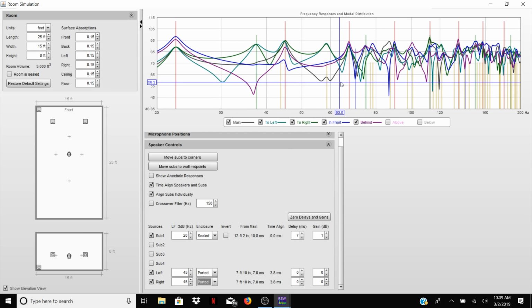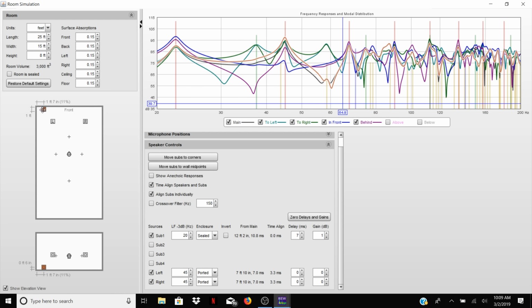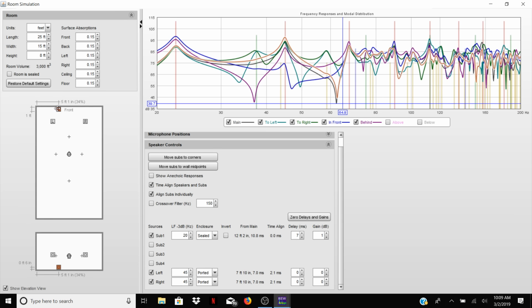in the room. There are differences in how they interact with each other and the room, and it can complicate things a little bit, but it certainly is not true to say that you can't use a mix of sealed and ported. You can even use a mix of sealed and ported subwoofers, and everything can be blended and integrated